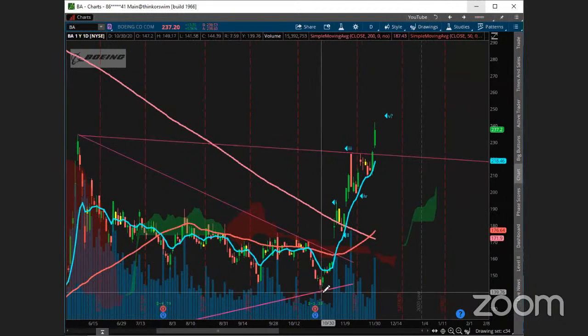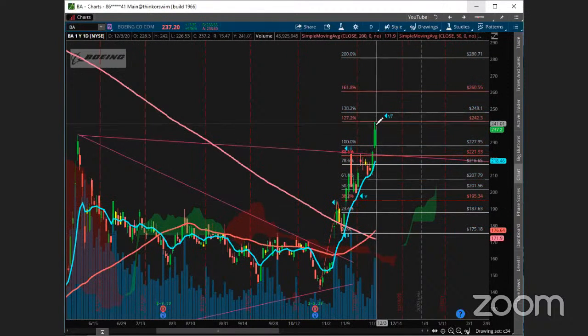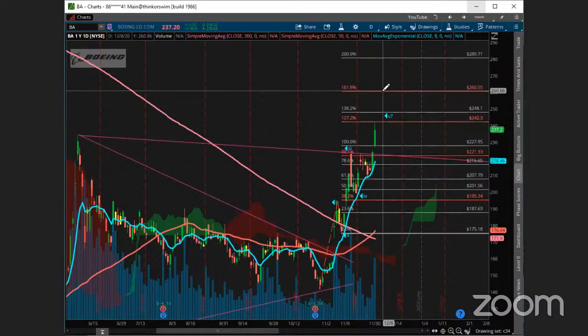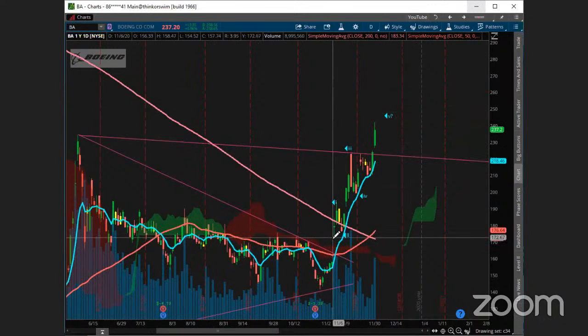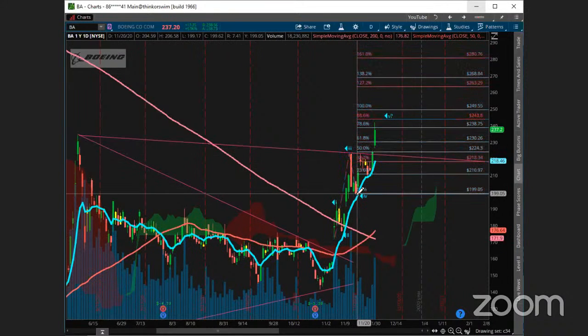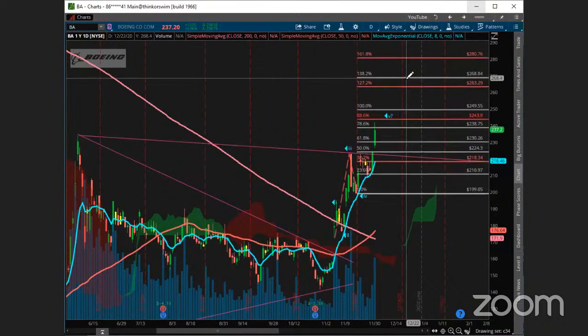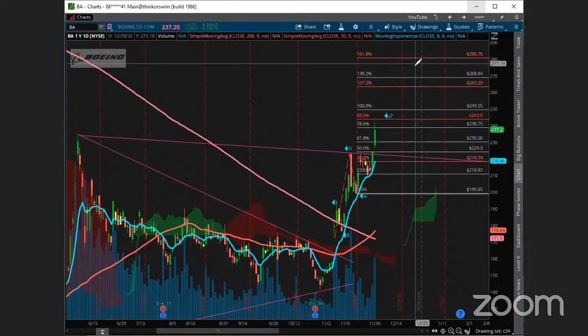If we go to the Fibonacci extensions, if you look at the start of this potential wave one, you go from here to here to the wave two, we're already at the 1.272, but it has room to the 1.618. So 260 is a possibility here. Another thing we do is we could retrace here to the wave three and then back to the wave four. And you can see this really looks like it has a lot of room to go. So the 1.272 is up to the 263 and the 280 is the next level up.